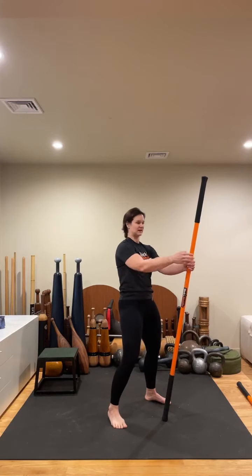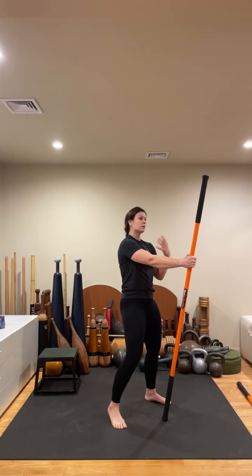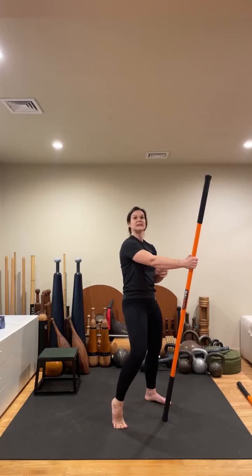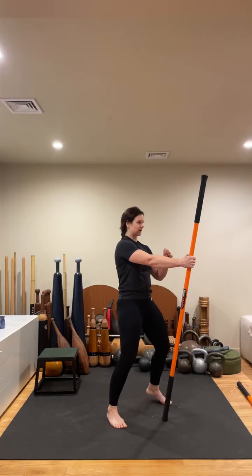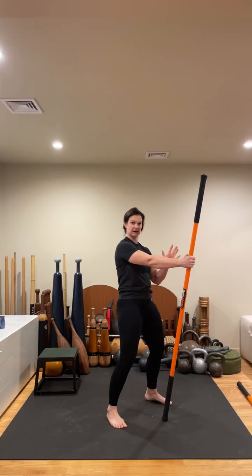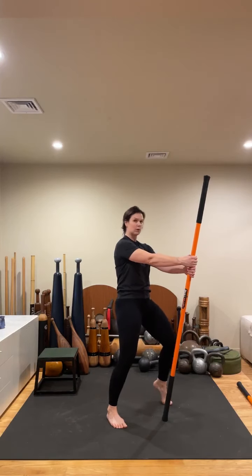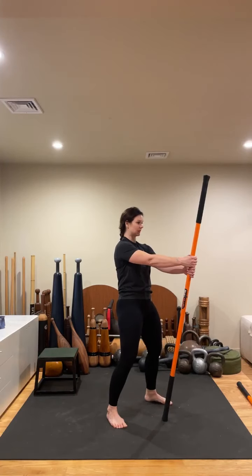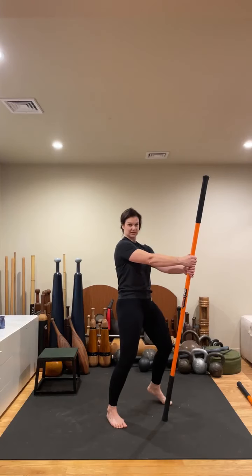We're just warming up the fascia in our feet, and you're driving down into the floor with maybe about 20-30% tension. And then switch over to the other side. Again, spread out the toes, take your time, really working into the fascia in the foot, warming up the ankle. Let's go for 3 more here, and then we're gonna go top of the foot down, which is an excellent